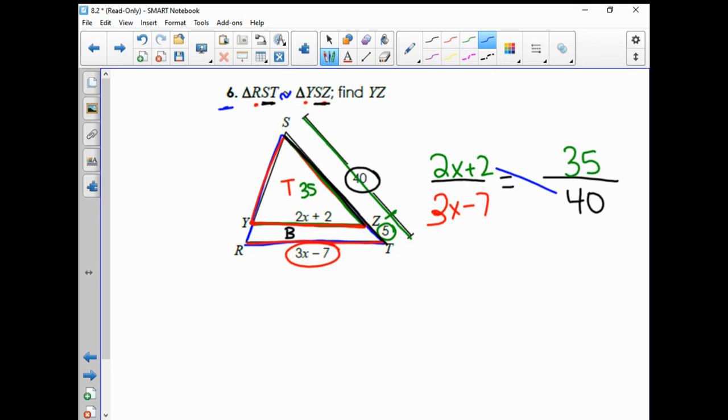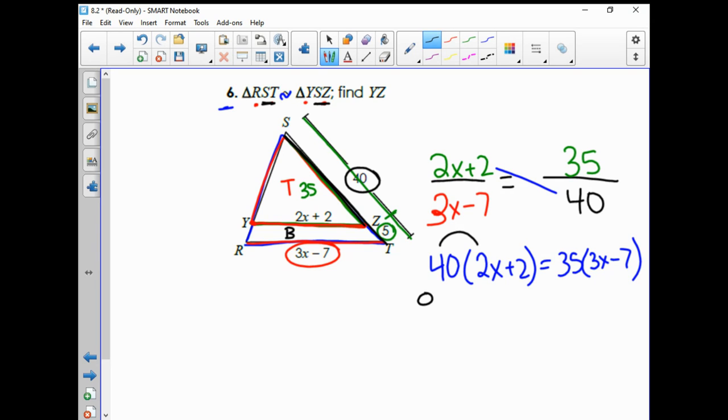And then you go ahead and solve it. You're just going to multiply. I'm going to write my 40 first. 40 times 2x plus 2 is equal to 35 times 3x minus 7. All right, let's go ahead and distribute. 40 times 2x is 80x. 40 times 2 is 80. That's equal to 35 times 3x is 105x. And 35 times negative 7, 35 times 7 is negative